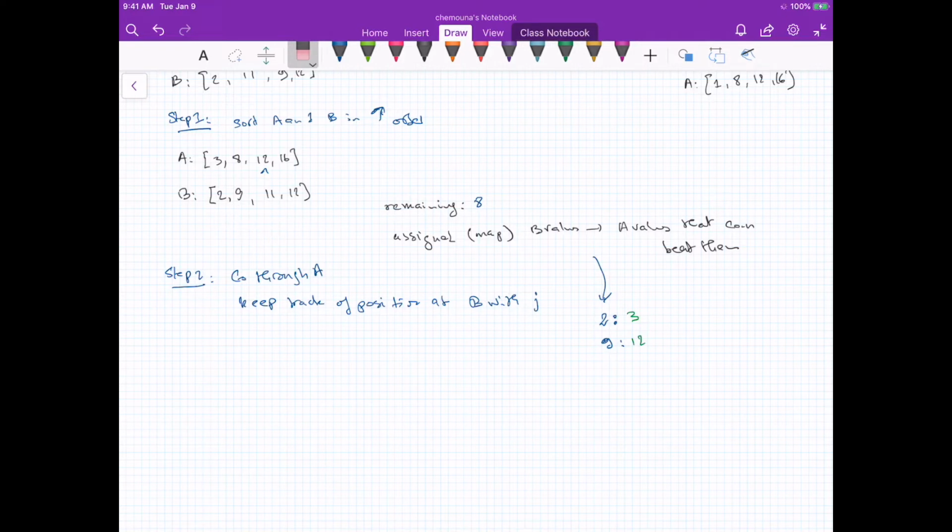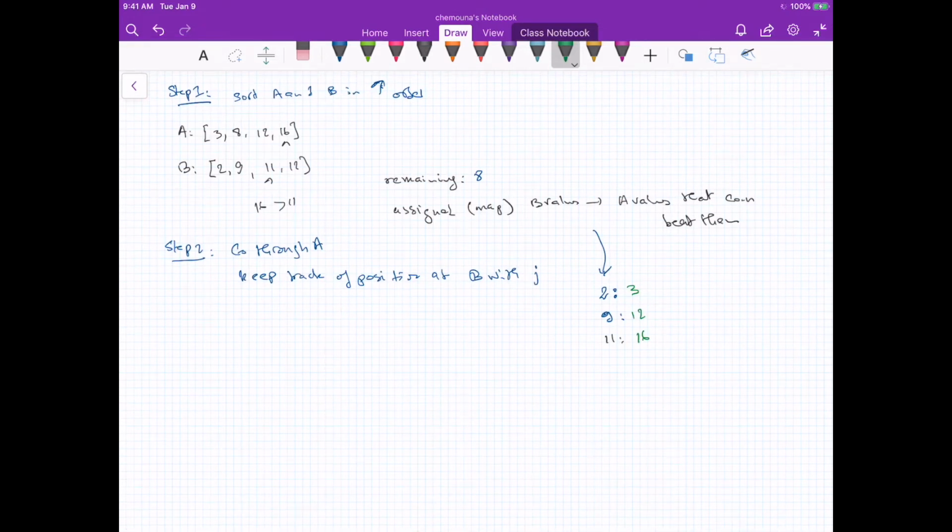So you can see here we don't advance J until we find something that wins for us, because it's easier to find something from A that wins for a smaller value than for a bigger value, right? And so here with 11, well, we advanced past 12 as well because we used 12. 16 is bigger than 11. That means we assign to 11 the value 16. And then we advance J. And we are done because A is over. We are going through A in this step, and so we are done here. We know that the remaining now is